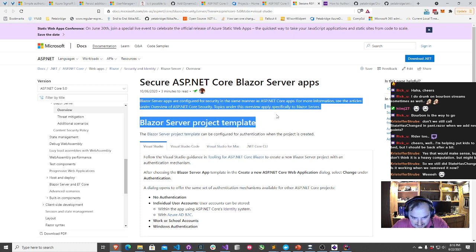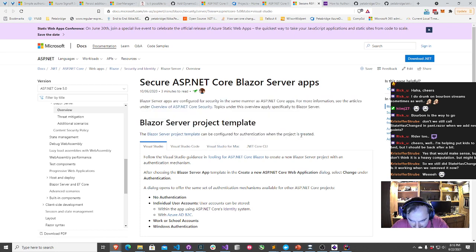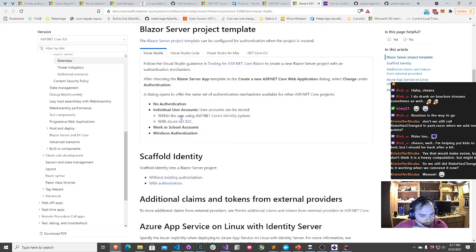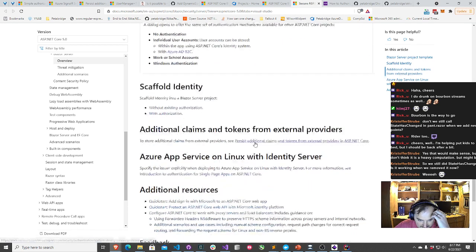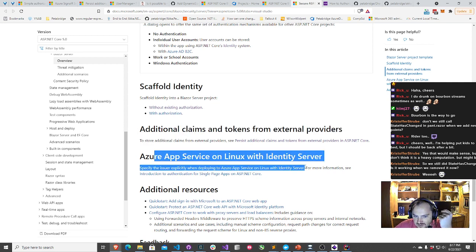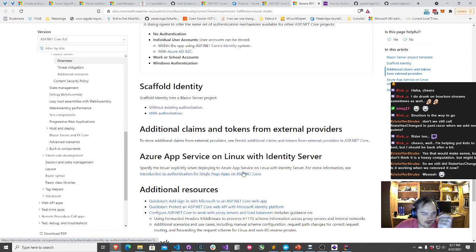Okay. The Blazor Server project template can be configured for authentication when the project is created. We're probably going to steal some stuff from here. So, what can we do? Set of authentication mechanisms for ASP.NET Core projects. Let's see. Scaffold identity without existing authorization, with authorization. Okay. Additional claims and tokens from external providers. Azure App Service on Linux with Identity Server. I don't know what that has to do with anything.